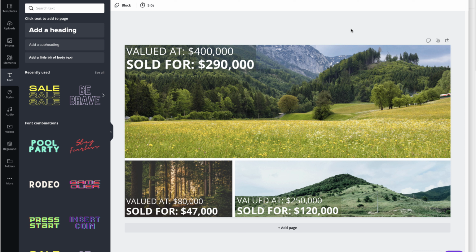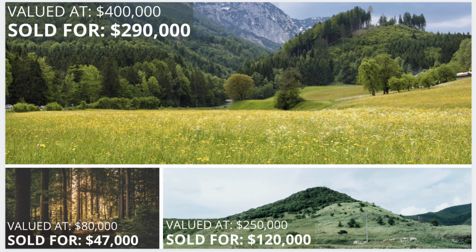You could just as well find somebody on Fiverr or Upwork to make an image like this for you. You could either show them this exact one and say, hey, make me something similar with my properties, or you could come up with some other type of image that you think would do a good job of convincing people to sign up. This is literally something I threw together in like 10 minutes, and it was the first idea that popped into my head. So I'm not saying this is the ultimate way to do it. This is just one example to work from.